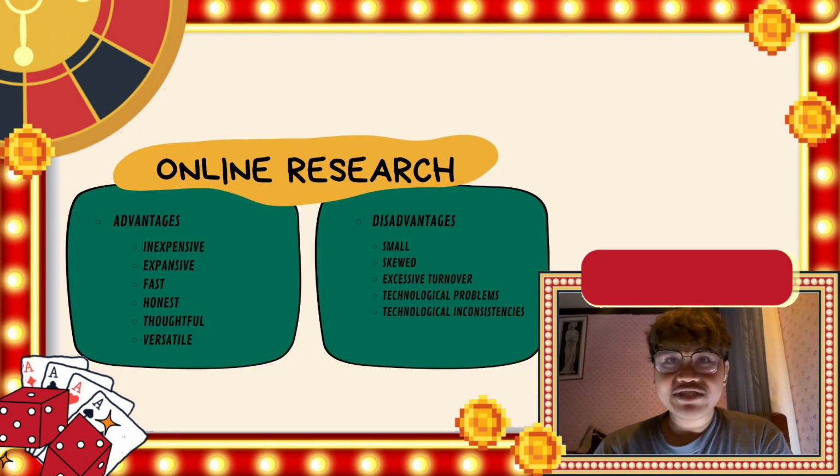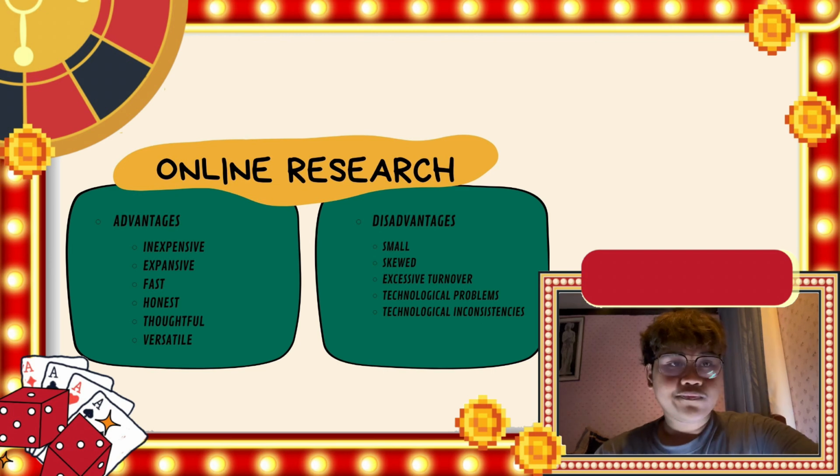Online marketing research is a process of gathering data about a market using the internet. It's a way to learn about the target audience and make business decisions. So let's start with inexpensive. Compared to traditional methods like in-person surveys, online research can be significantly cheaper to conduct due to reduced travel